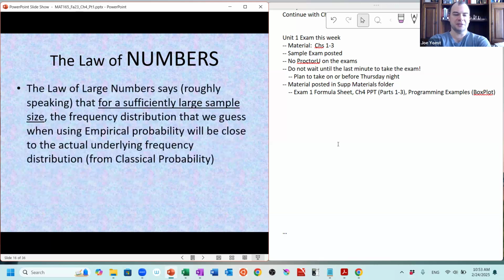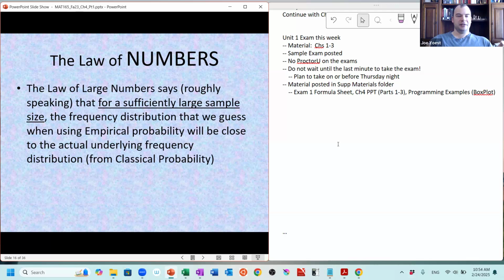So the law of large numbers says, roughly speaking, and we'll talk a little more in detail about this at the end of chapter 5, that for a sufficiently large sample size, so I don't want to take a sample of size 2 or 3 or 5, let's think, say, a sample of 100 or 1,000, something like that, when we take our sample data and we make a frequency distribution out of it,